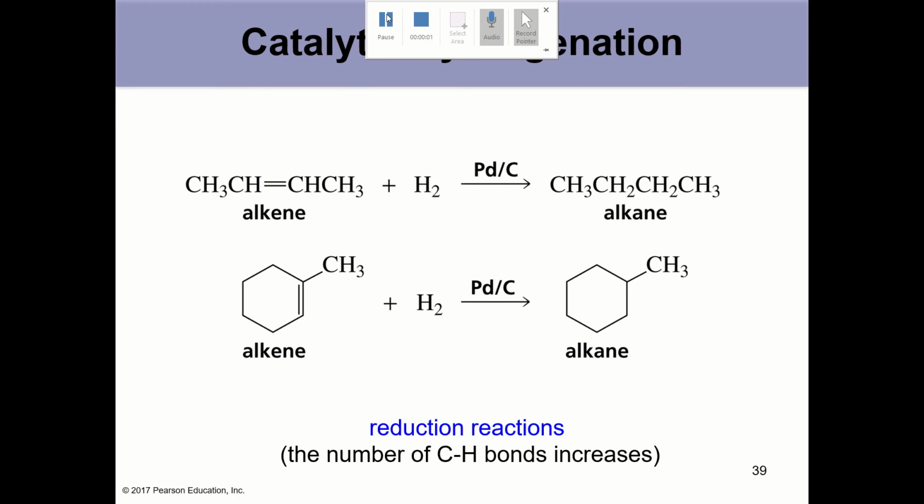One type of reaction that we cover in organic chemistry is called catalytic hydrogenation. This reaction simply uses H2 gas and a catalyst called palladium over carbon to reduce a double bond to an alkane. So what these reagents do, adding hydrogen gas and palladium over carbon, just results in an alkene, a pi bond, becoming a single bond. So what we're doing is we're adding 2 hydrogens, 1 to each of the vinyl carbons,